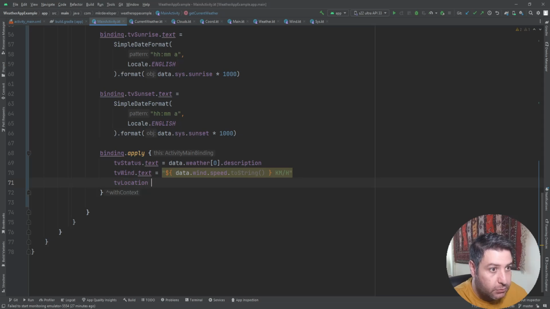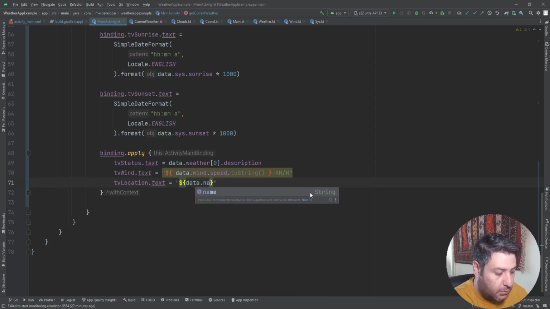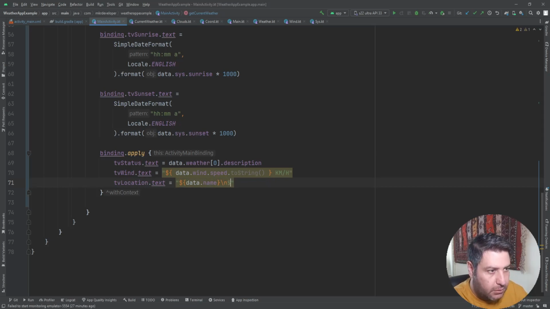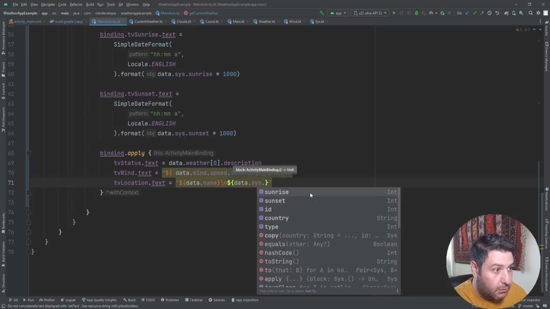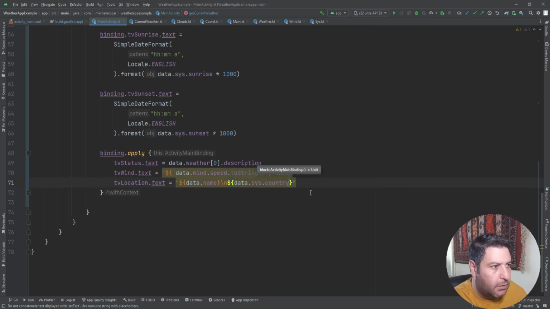Location dot text equals to again the same dollar sign data dot name, then in the next line dollar sign dot if dot country,